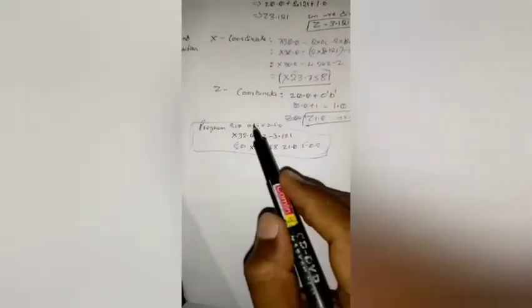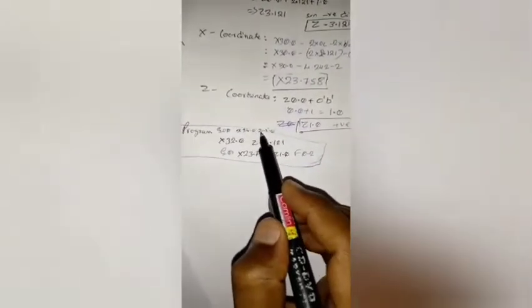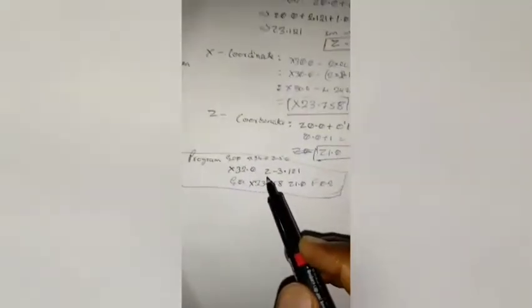So I'll simulate with the program block. I have added one more block other than these coordinates. I have found out all the coordinates. The X value at the starting point is 32.0, written here. Z is minus 3.121, written here. X at the end, X 23.758, written, and Z 1.0 written here. We have found these out.